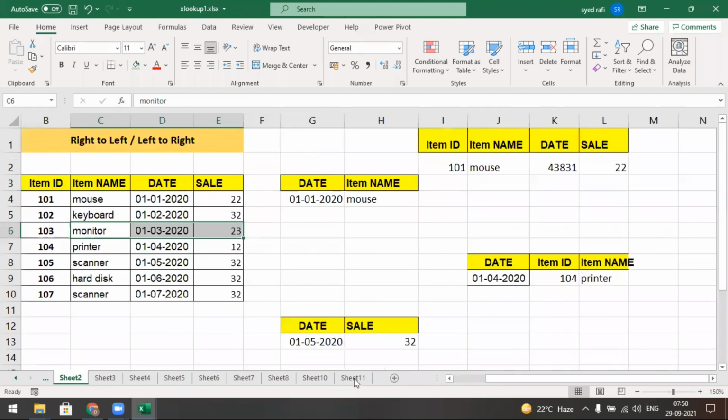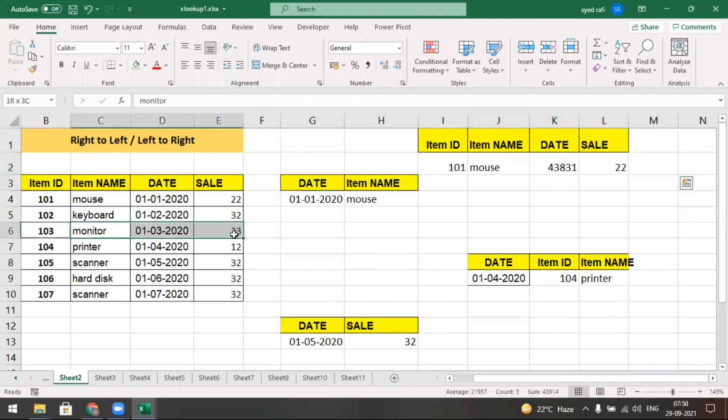VLOOKUP, sir. In XLOOKUP, we can't return this type of data depending upon the ID. Here I entered 101, so the data placed here will be placed here.